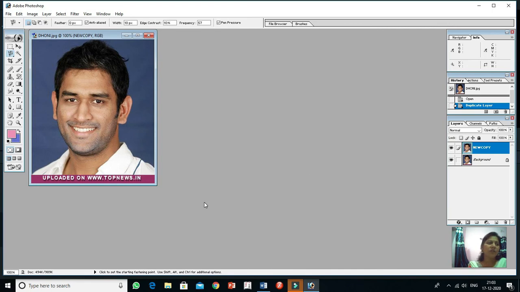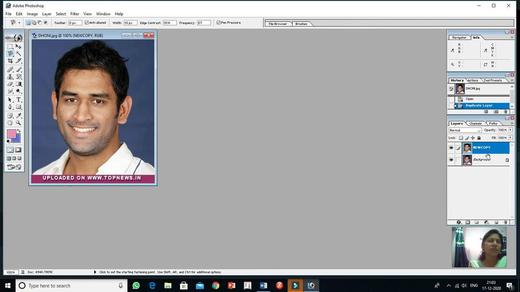Okay. Now select it in the layer panel and click the unlock option. The layer panel is there, new copy is there, and the lock. Now this one is unlocked. Okay. If you click it, this one is locked. If you click, this one is unlocked. So this one is right now in unlocked format.